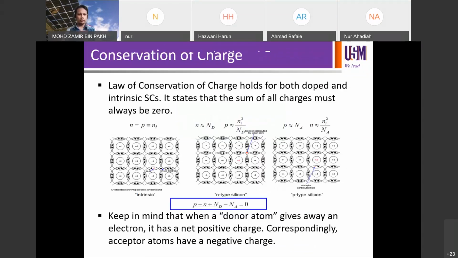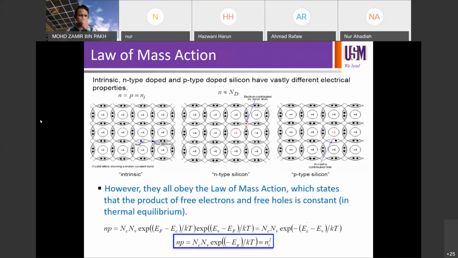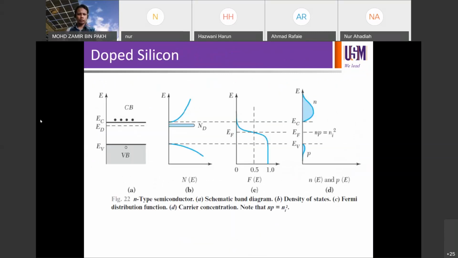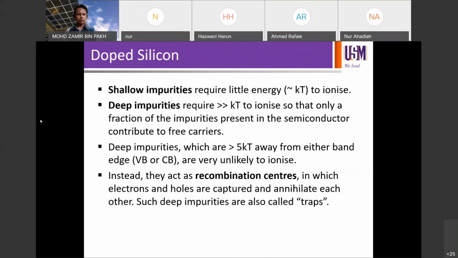All right, yesterday we discussed the continuation on intrinsic and extrinsic semiconductors. And we have also seen and discussed shallow and deep impurities and how deep impurities are detrimental to our semiconductor devices. So just to recap,